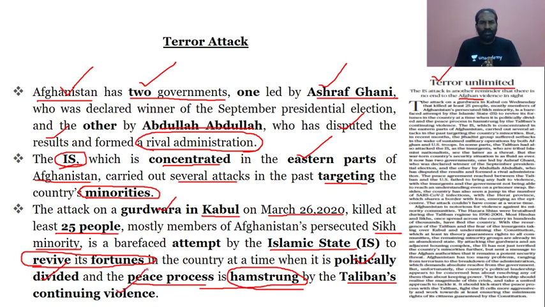So on one side, for the Afghanistan government or for Ashraf Ghani, the problem is from the already existing Taliban, and now the new one, that is the IS, which has attacked the Gurudwara, a Sikh minority, and killed 25 people, wherein they are trying to portray a message that yes, we are here to revive our fortunes even in Afghanistan, because we have seen the ISIS, which was very prominent in Iraq and Syria, and then due to the efforts of 60 plus countries under the United Nations, they have effectively flushed out the ISIS from Iraq and Syria,